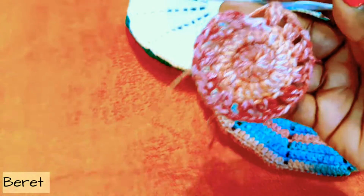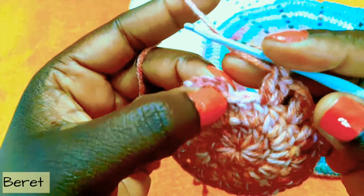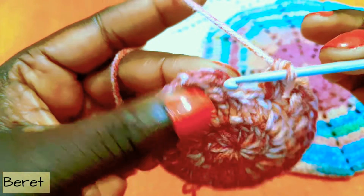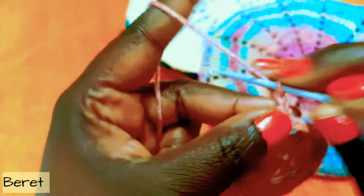I'm done with my 3rd round. So this is how it looks like. Now we go back to our chain. This is how our chain looks like. So you're going to start counting from it. Then just above there, you've chained first before the slip stitch. Don't forget to chain 2,